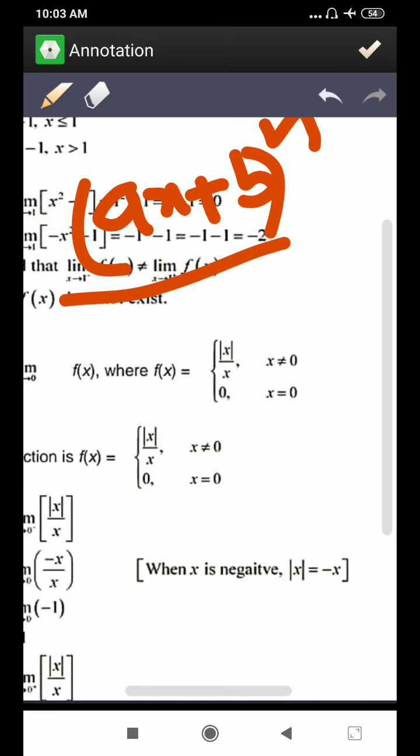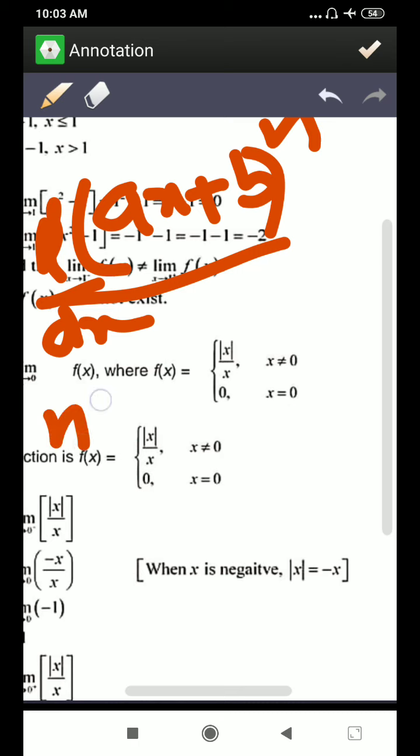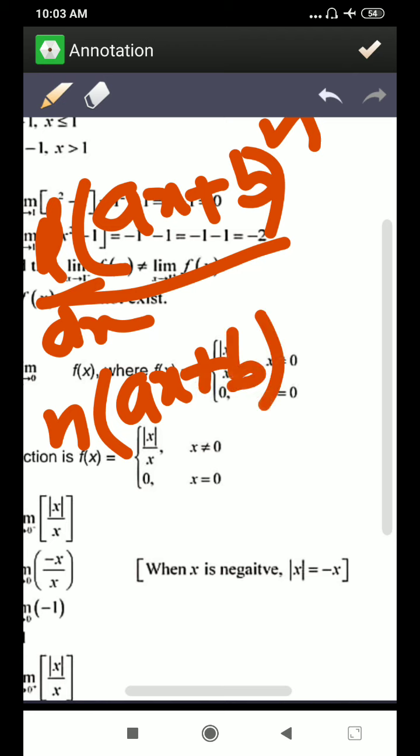So in this, first we will differentiate it as x raised to power n. Suppose it is given to differentiate this. So we'll differentiate it as x raised to power n. Listen to me carefully, note it down. When we differentiate this as x raised to power n, what will you get? n into whatever is this, keep it as it is, raised to power n minus 1, that will be the derivative, because we know that the differentiation of x raised to power n is n into x raised to power n minus 1.